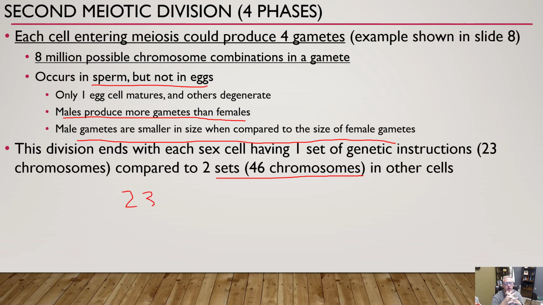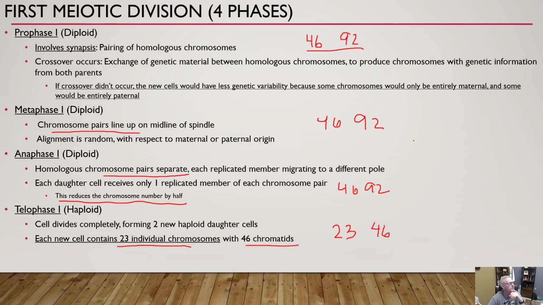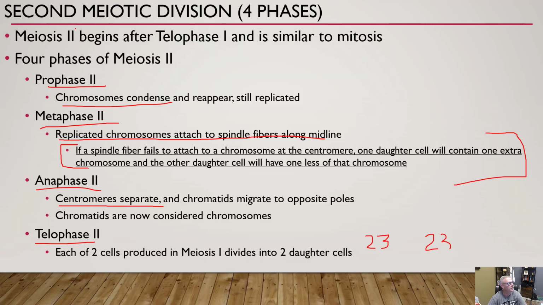So let's go back also. One thing that I didn't say is, when we're talking about the different divisions, when we're talking about the first meiotic division, that's also called primary meiotic division, and secondary meiotic division is